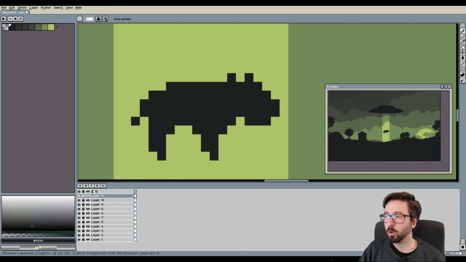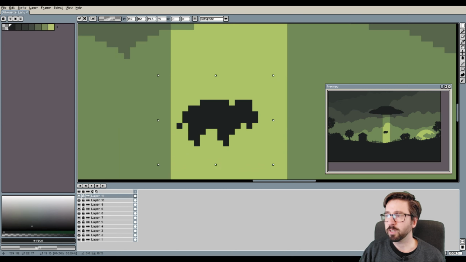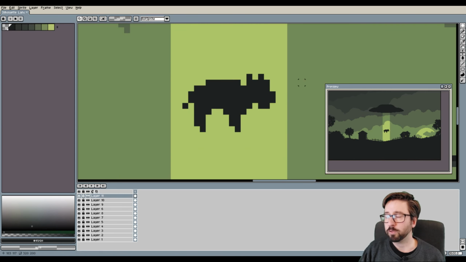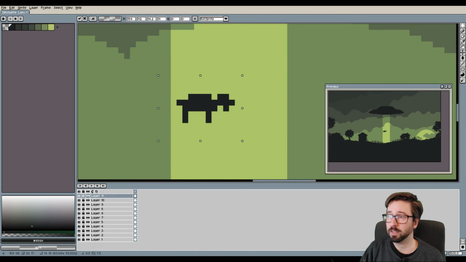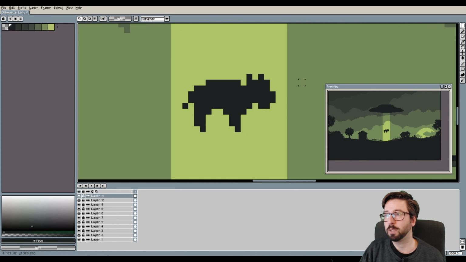After I created the cow that was being abducted by the spaceship, I figured that the size of the cow was actually too big from a perspective point of view, because if the tractor beam as currently shown is disappearing behind the hill, the cow would be, from a perspective point of view, way too big if you compare it to the house and the other objects in the scene. So I had 2 choices here to fix that. Either I would shrink the cow to be even smaller than it already was, which I tried here, but it turned out to be not readable at all.